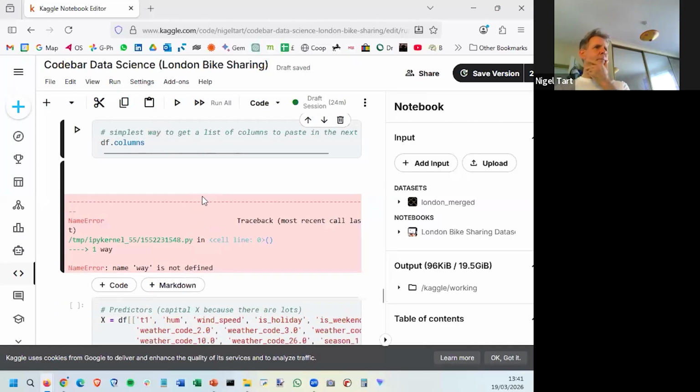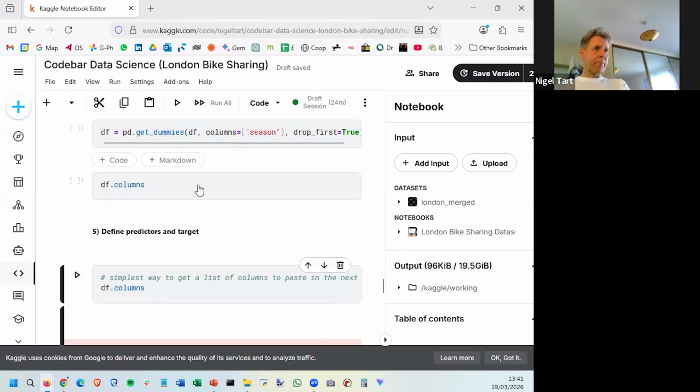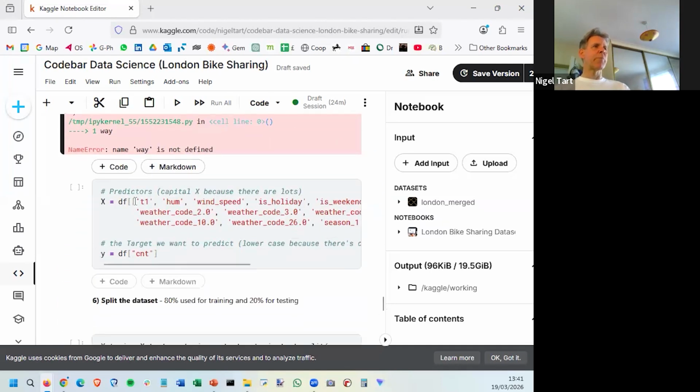Oh, it won't. Oh God, even that's not working. Right, we used that earlier. That just produces a list of the columns, and I would copy and paste it in here. So X is,